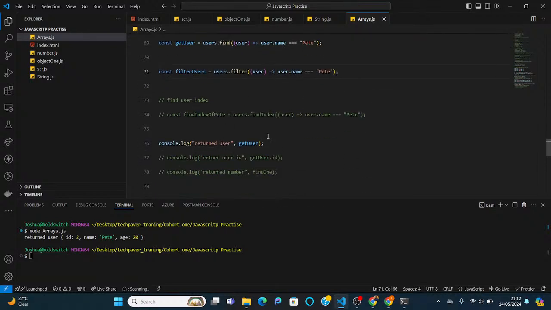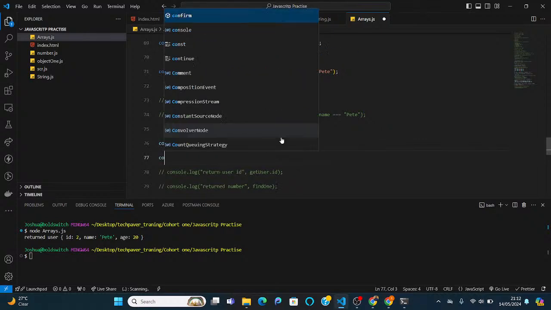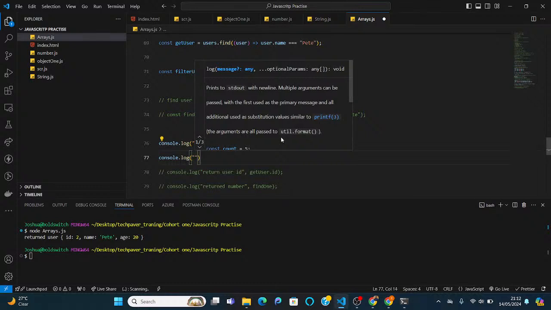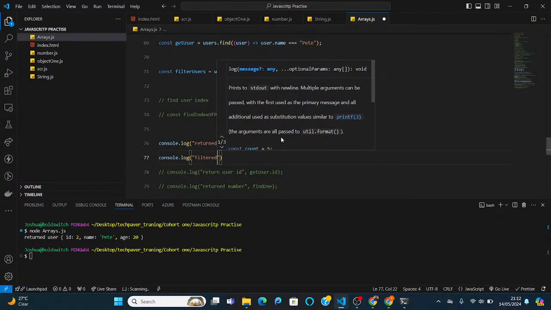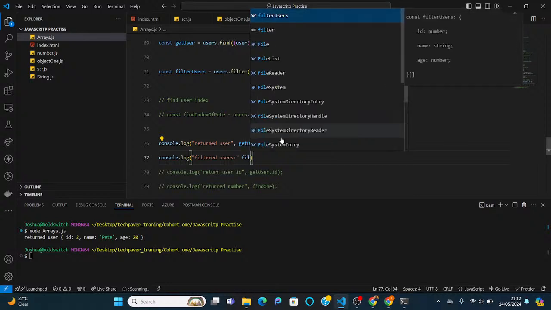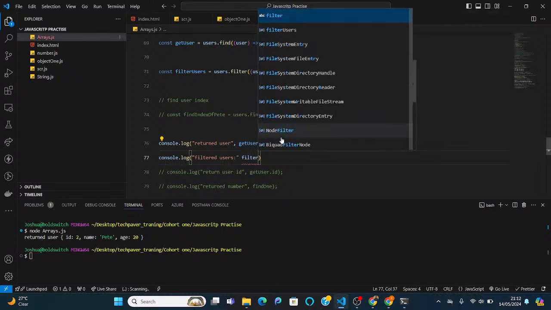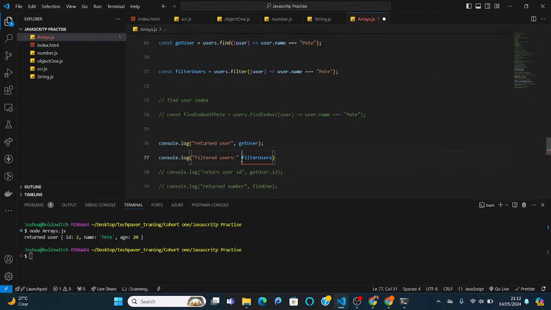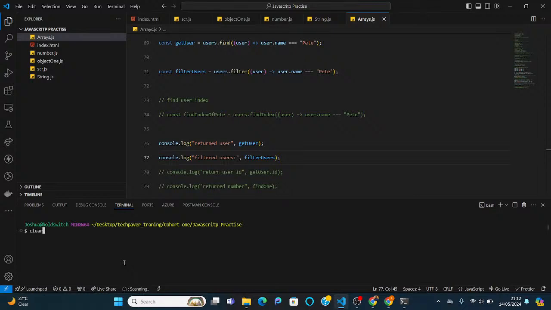So we have this return user. Let's say console.log, and here we are going to call this filteredUsers. Okay, so let's see what the filtered users is going to return for us. And don't forget to add your comma in your console.log. So here, if I should run this,